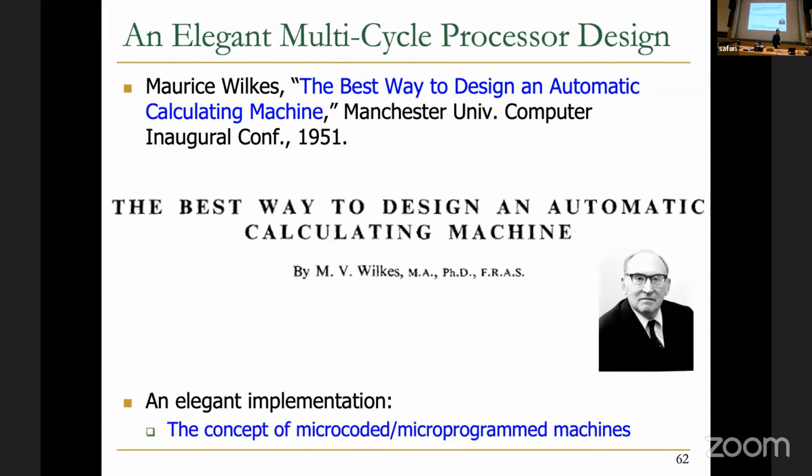micro-coded multi-cycle microarchitectures or microprograms. If time permits at the end, I'm going to talk about this also, because this is really an elegant processor design. You can see the title is actually very interesting, right? The best way to design an automatic calculating machine. Well, this is Morris Wilkes, so he can perhaps write that. But